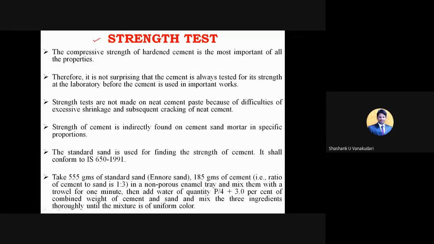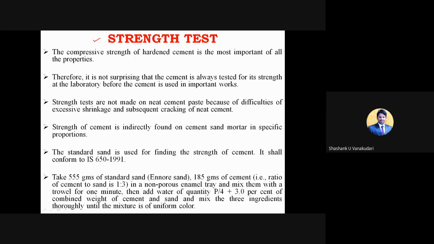As I told you while explaining the properties of the cement, when the matter comes to strength, we need to take cement as well as sand to find out the strength property of the cement. I have given you the reason also why we prefer sand and which type of standard sand we'll prefer. That is because when you use only the cement paste, soon after the demolding process,